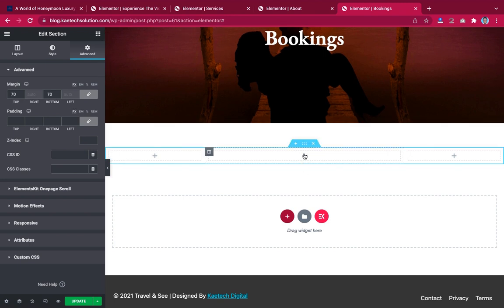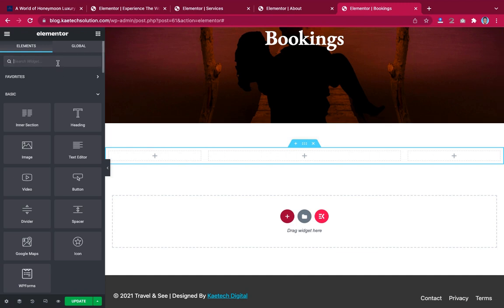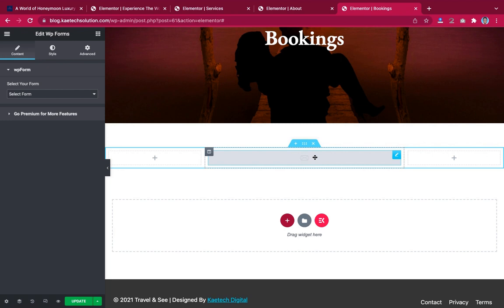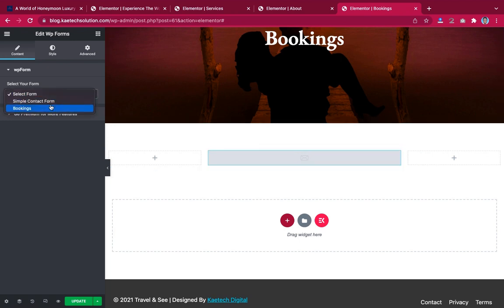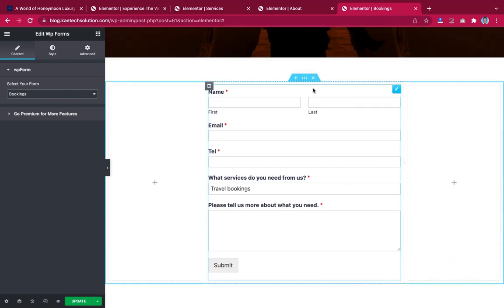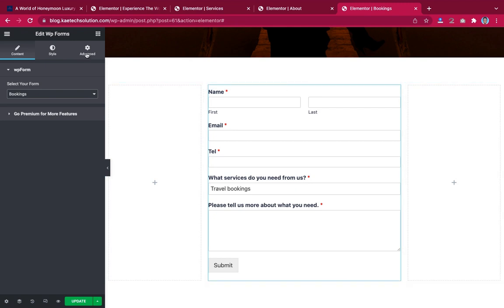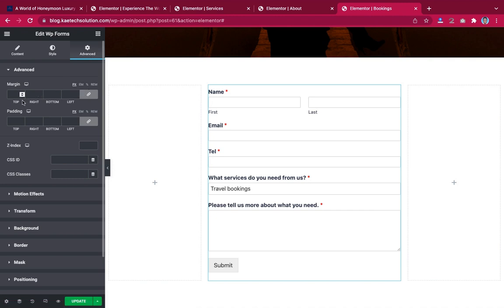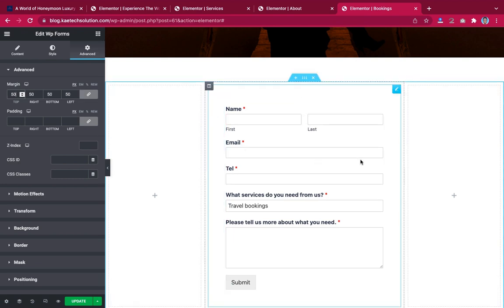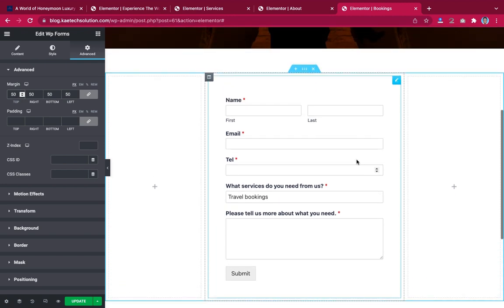and then over here I'm going to insert forms. I'm going to use this one, and then I'll select the form, which is bookings. Yeah, very good. So I'm going to go over here, okay, and then come here, and then with the margin, let me see if 50 will do. Yeah, very good. So 50 will do,